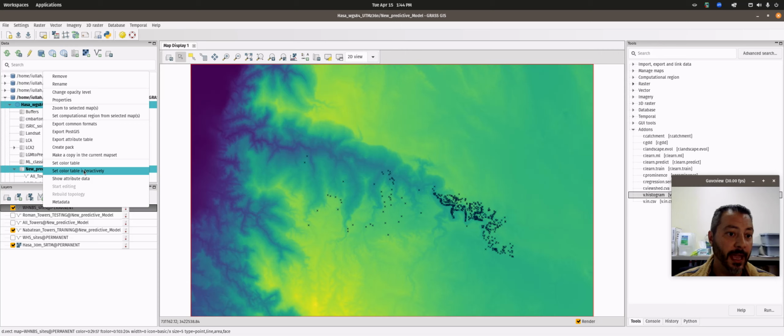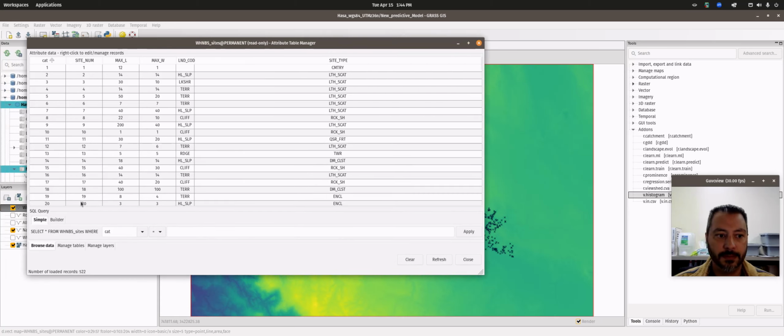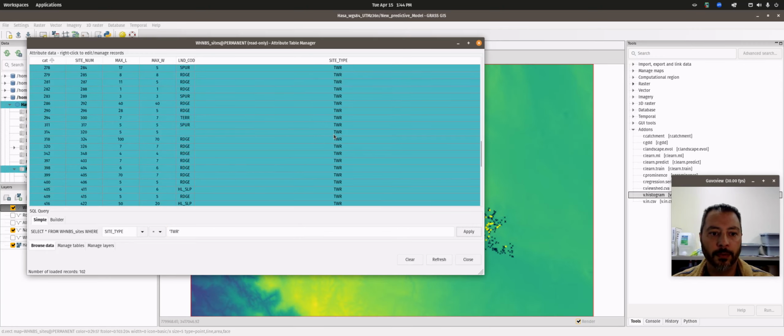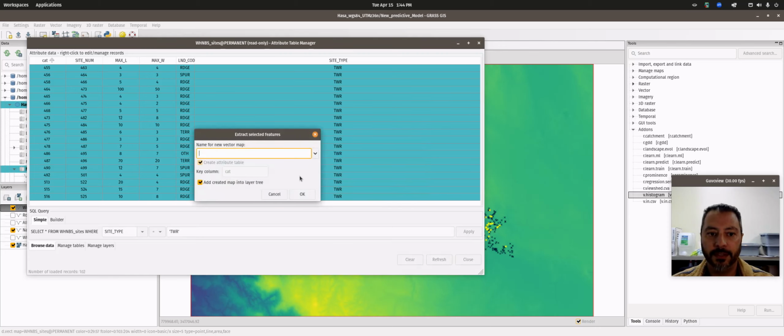I'm going to right click again, just like we did before, and we're going to show the attribute data. Now, the North Bank survey data set doesn't come with any temporal information, so the best we can do is just query out by site type. So that means we really just need the simple query builder because we're only querying by 1. And again, single quotes TWR, close the single quotes, and we have our towers from the Wadi Hassa North Bank survey. Right click, extract selected features,